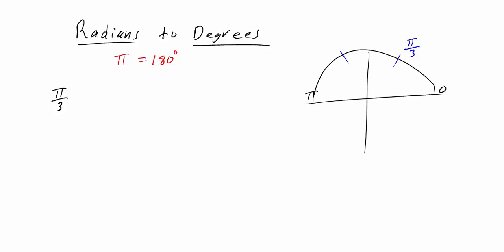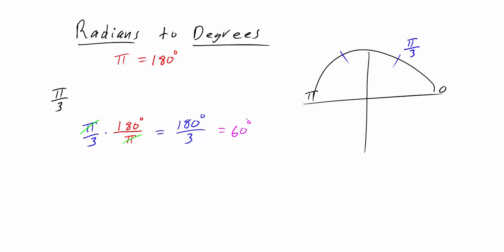Now, if we start with pi over 3, we're going to have to multiply by this pi and this 180. Now in this case, we're changing the problem to degrees. So therefore we want degrees on top. So it's going to be 180 degrees and the radians of pi goes on the bottom. So now we can look at this and the pi on top is going to cancel the pi on the bottom. So once we multiply, we simply have 1 times 180. So 180 degrees over 3. And then of course we can divide 180 divided by 3 and the answer would be equal to